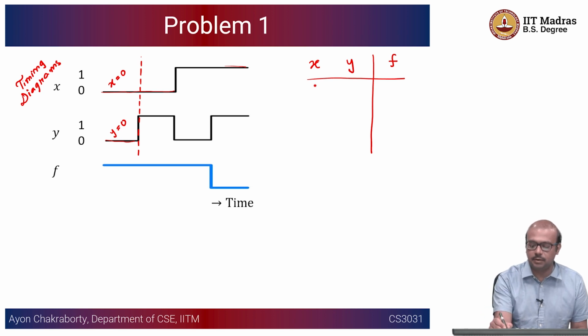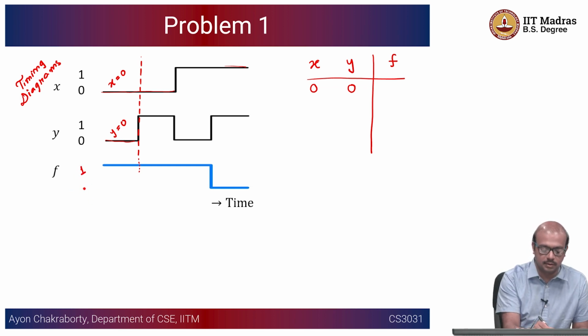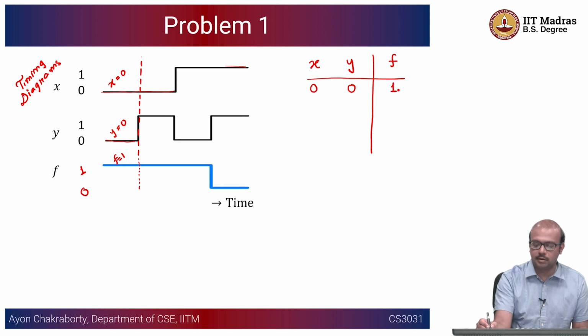So if you have x equal to 0, y equal to 0, what does the timing diagram tell us? The timing diagram tells us that f is equal to 1, right? So this is probably 1, yeah, this is 1, this is 0, okay. So here f is equal to 1, so you can write f is equal to 1. Next, let us see what is there. Let us take the next chunk. This is your next chunk,